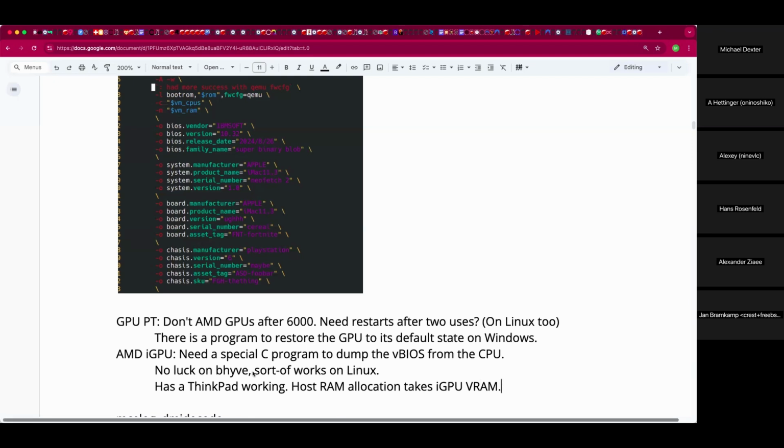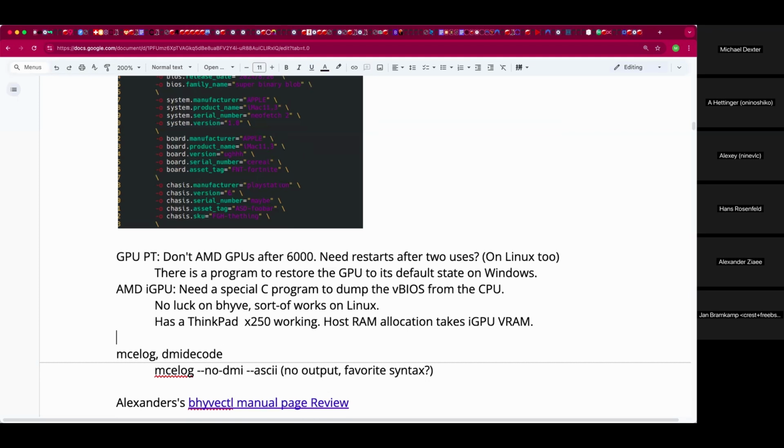So basically, it just uses the VRAM as normal RAM and writes garbage to the screen all the time. It sounds like incorrect ACPI memory layout tables.